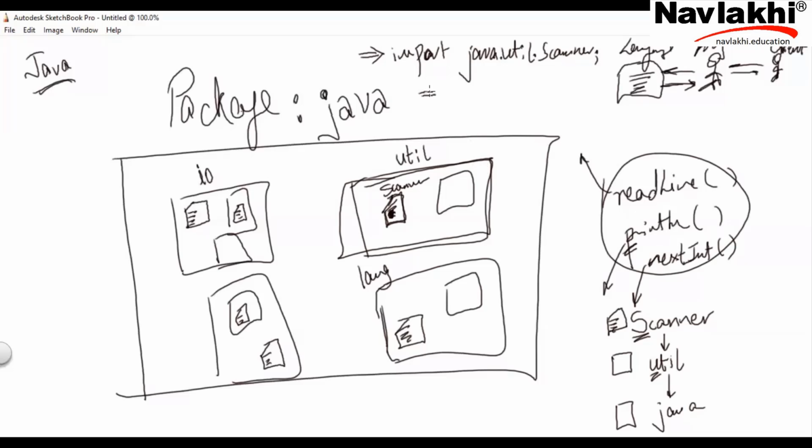Yes, most often you will see colleges and students act a little lazy. I normally tell people don't do this initially. So you do import java.util.star. You see many times colleges do this. Initially, you should not do this because you will not learn the hierarchy then. What does this mean? Import every class of java.util.